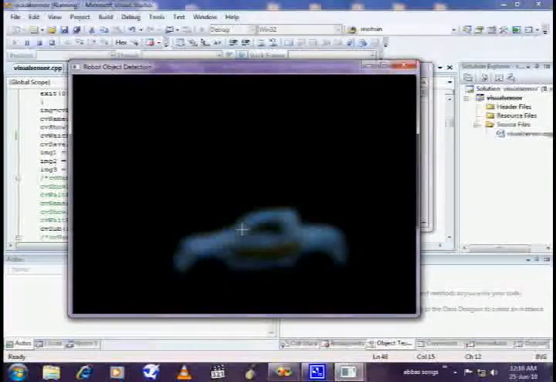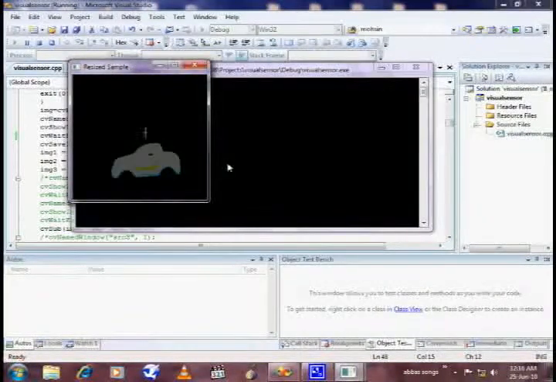After that, we apply a threshold on the object. That is, we define a threshold, and the pixels that are above the threshold remain there with the maximum pixel intensity, and the pixels that are below the threshold are simply rejected, and you can see our object of interest becomes prominent. After that, we apply the dilation function on the object.